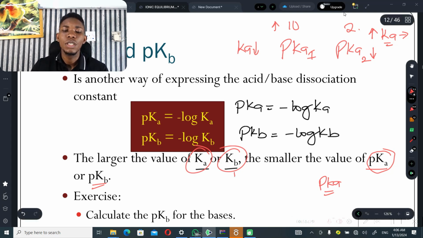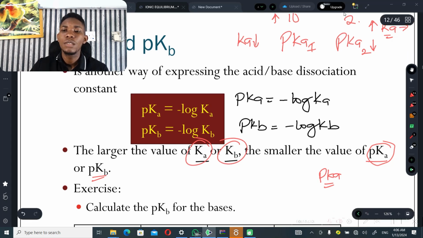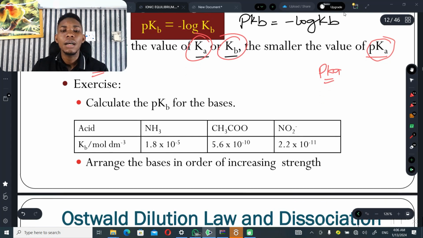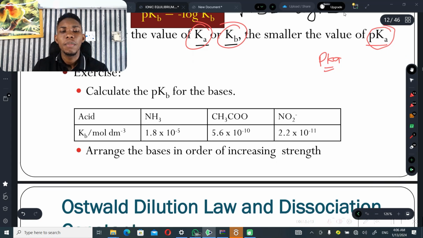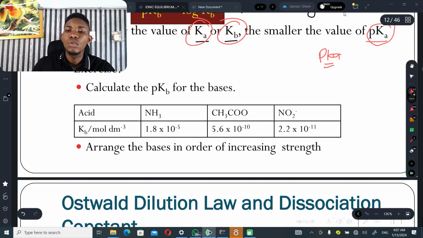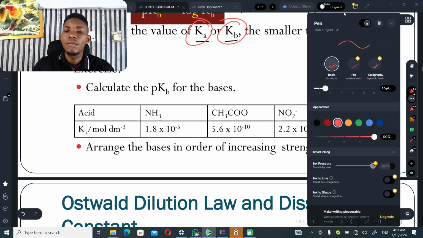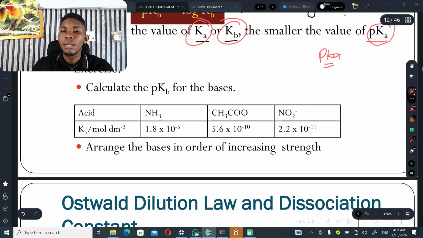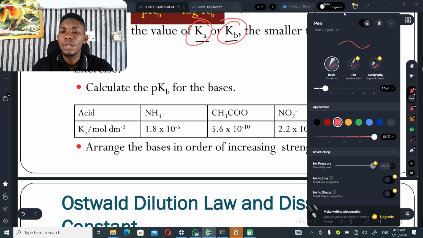Now let's go to some calculation. Let's do some calculation briefly. Calculate the pKb for the bases, and arrange the bases in order of increasing strength. Here's my calculator. Now we talk about the pKb. All you need to do is very easy. All you need to do, my dear student,